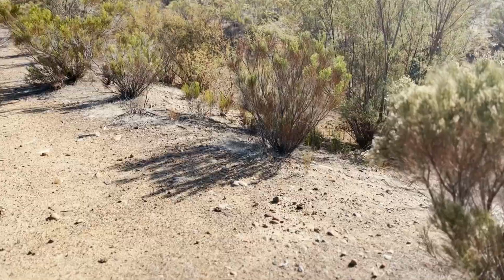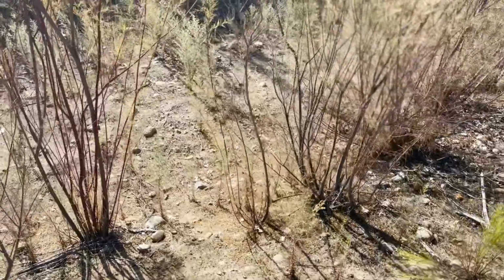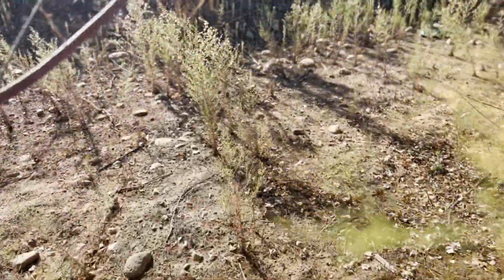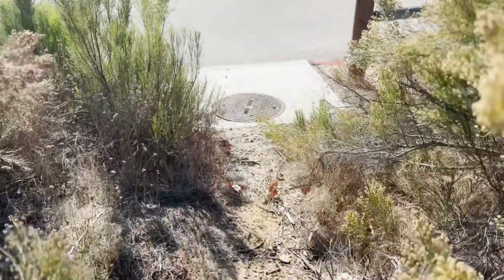For the proposed site, the stormwater runoff will be collected in 3 interconnected infiltration basins to the north, east, and west of the building footprint. The basin design will meet the volume requirement of 11,270 cubic feet. In the event of overflow, the water will be diverted from a storm drain located on Riverview Parkway through a